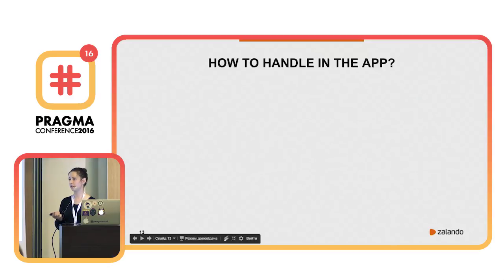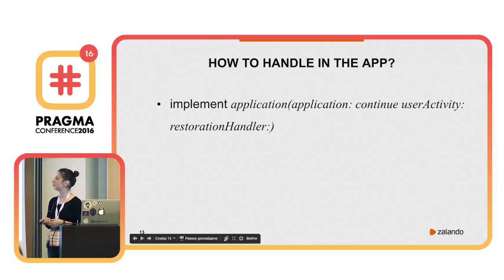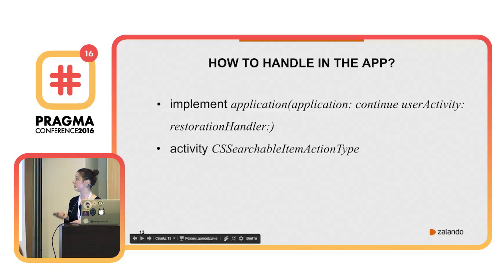So how do we handle this in the application? Because we can search for it, and what happens when we want to go to the application? First of all, we need to implement this protocol method. In this protocol method, we have a user activity, and this user activity has a specific type. So we need to get the user activity with this type, and then we can handle the item in our application. We can open it or whatever. It's like part of the talk that Natasha already gave last time, yesterday. She spoke about custom activities, but this is a system activity that you will get from items that you have. So actually, it's old stuff.